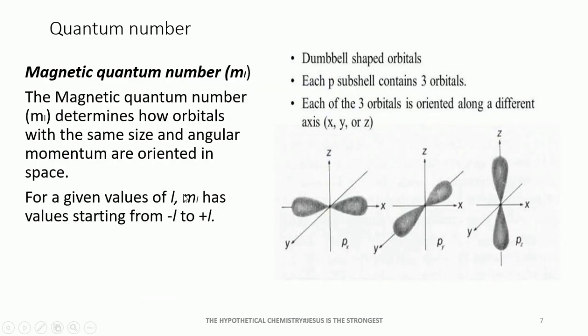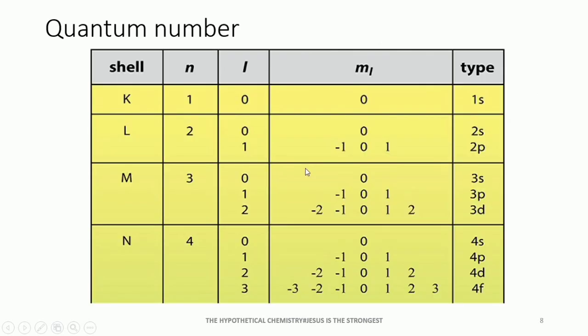For a given value of angular momentum quantum number, the magnetic quantum number has a value starting from the negative of that angular momentum quantum number and ending at the positive of that angular momentum quantum number. All right. So here it is 1. So it will start from negative 1, because the angular momentum quantum number is 1. From there, we move to 0,